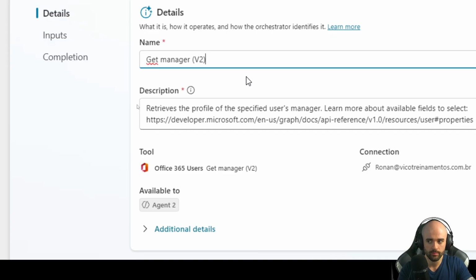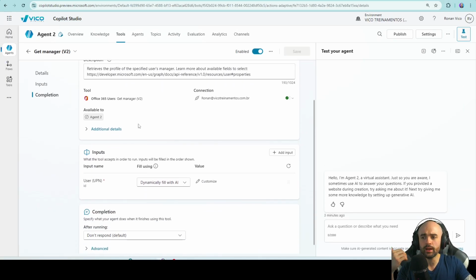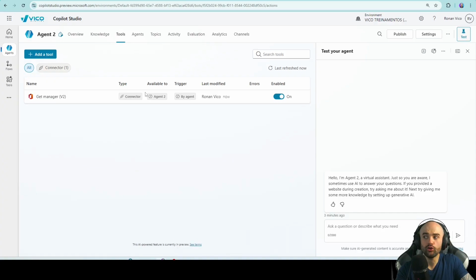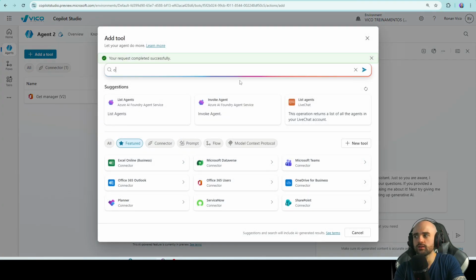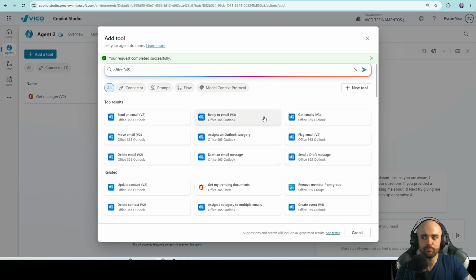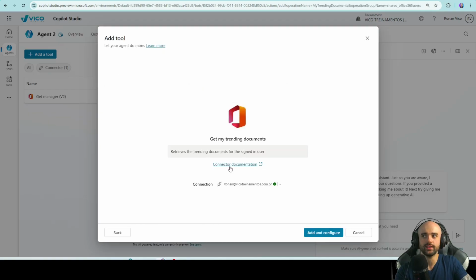returns the manager. All this context and explaining that to the AI for just one simple API call takes some time to develop. And let's say that not just the manager I want to get, I want to connect also the Office 365 profile, and not just the profile. I want to get my training documents, and I want this and I want that. So the effort to build the connection between AI and tools gets hard when you need to do a lot